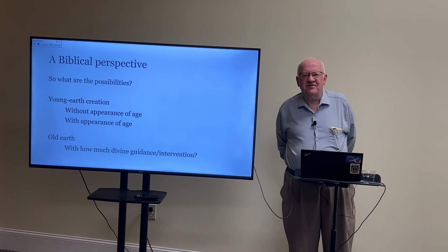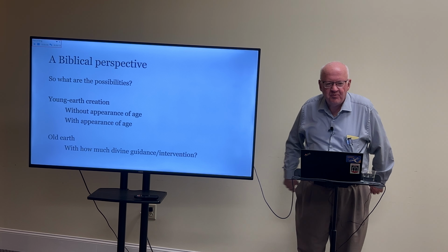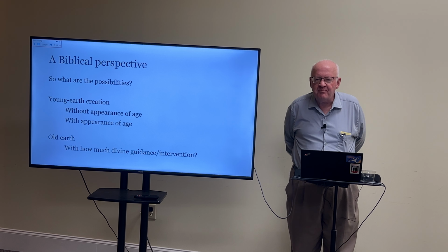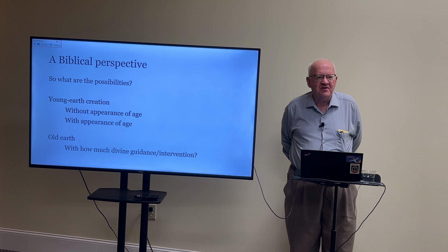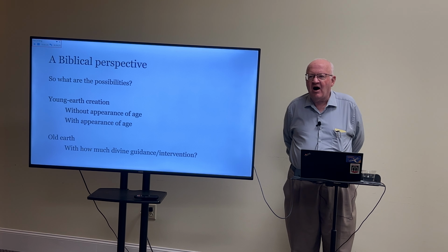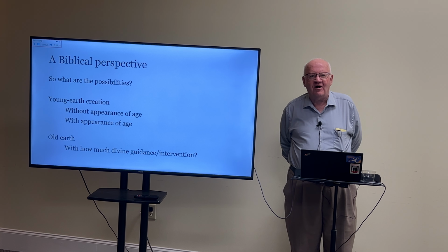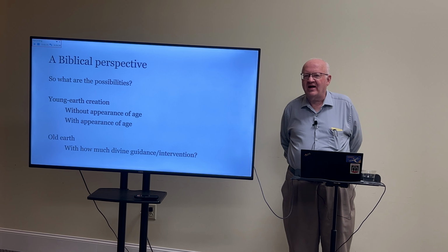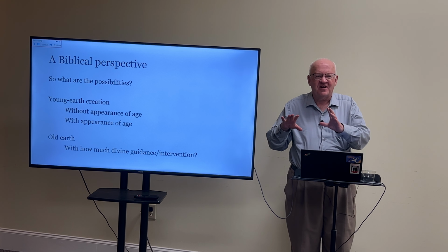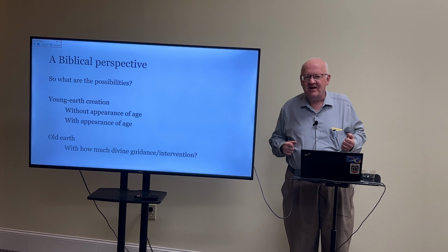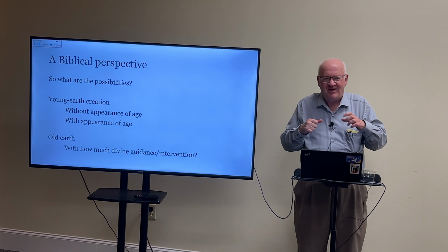So what are the possible positions you could adopt? If you believe in young earth creation, you have two possibilities, with or without the appearance of age. I'll explain what that means in just a moment. And if you believe the earth is old, then you have to decide how much divine guidance and intervention were involved. Did evolution work at all, or was God manipulating it the whole way along, and so forth? Or there are people who think God just started it under the right initial conditions and it ran mechanically to produce us. That's a little bit too Victorian atheistic for me, but